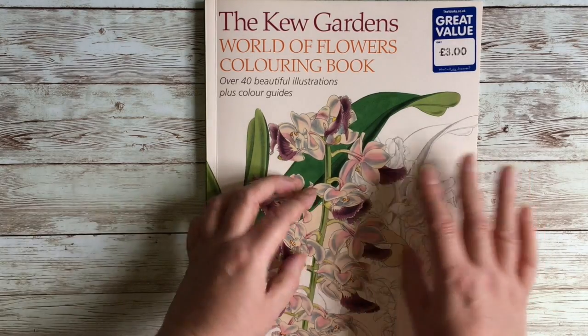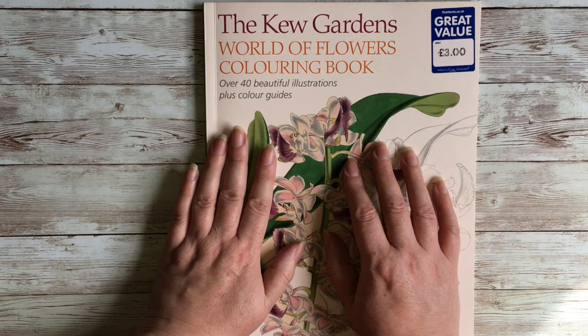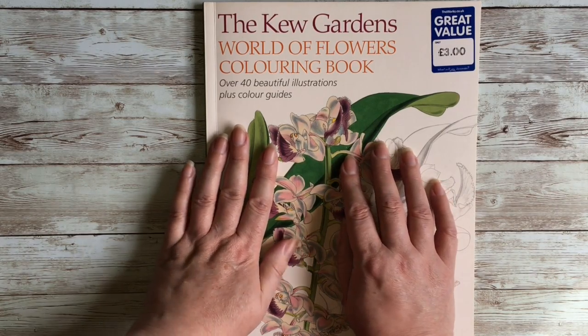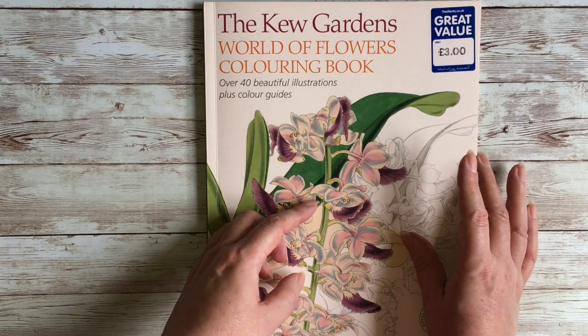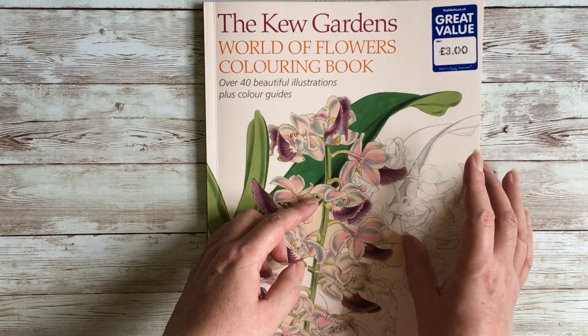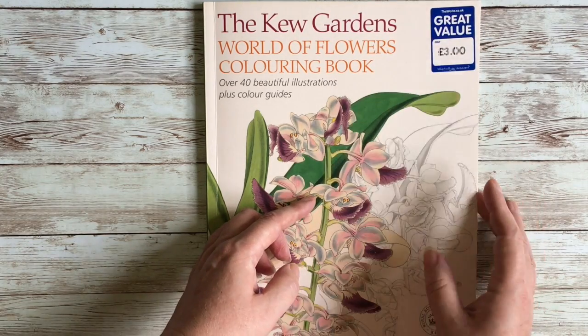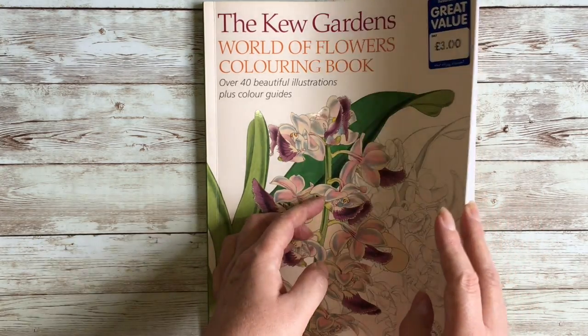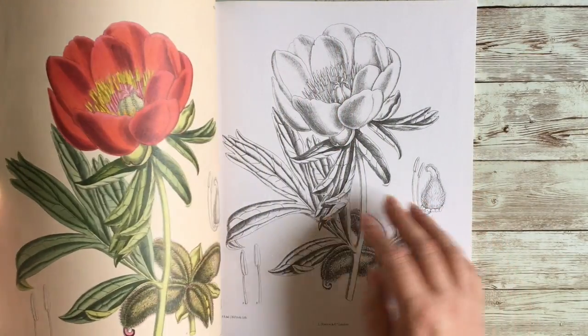So let's get started. This is my Kew Gardens World of Flowers colouring book. Now I quite enjoy doing botanicals, so obviously I like the Johanna Basfords and all that sort of thing. So this was a bit of a no-brainer. I picked it up for £3 in The Works, which is a bargain. This is a grayscale colouring book, as you can see,